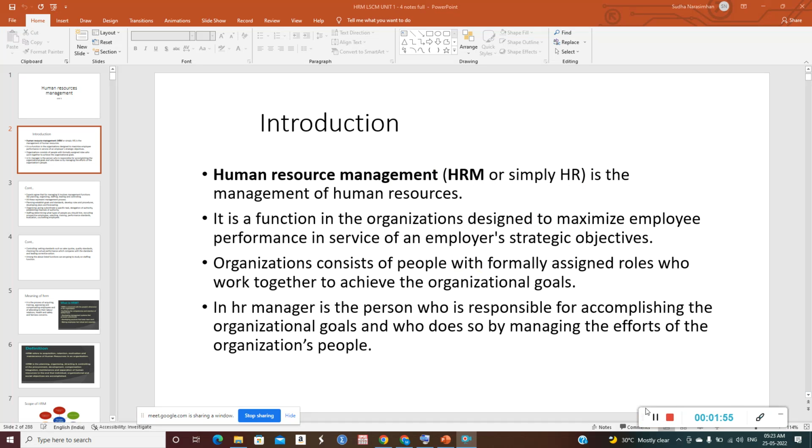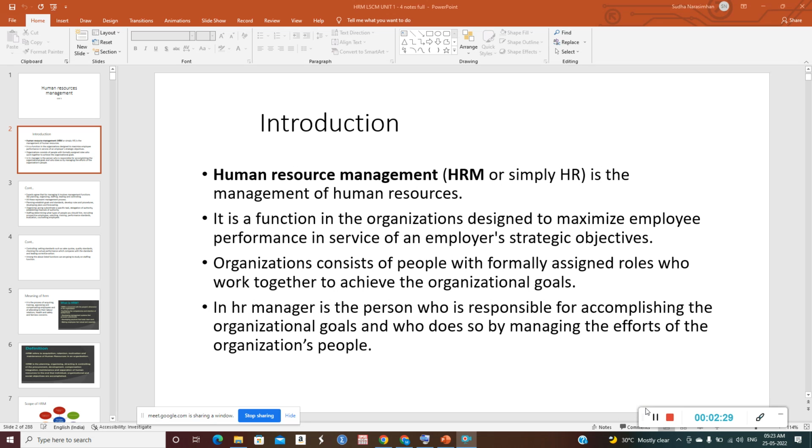For carrying out these goals, it's important that you require people to execute it. So, that's where human resources comes into the foray. These people are assigned roles, and they work together in teams. Every department comes close together. They're interconnected and they work together to achieve these organizational goals or the strategic objectives.